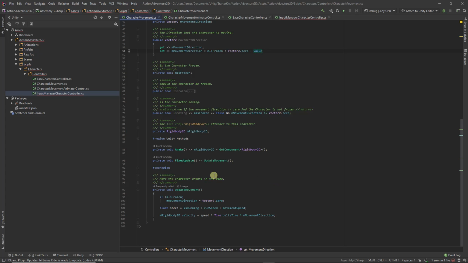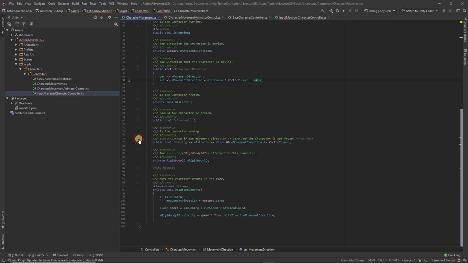And then we did the same thing with FixedUpdate, and I got rid of all the curly brackets and just made this one line or two to be UpdateMovement. So we can close this down,